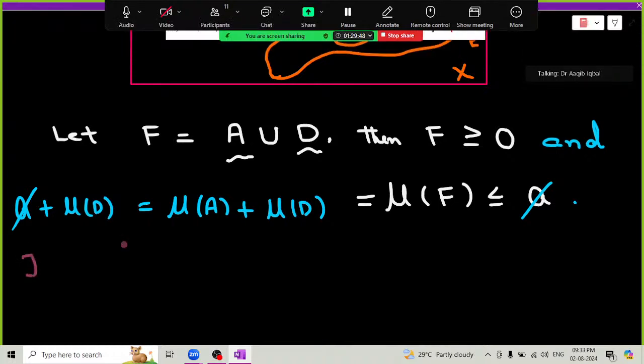And cancellation is permissible because we have established that this A basically मैं यहाँ A को subtract कर रहा हूँ and subtraction is permissible because A is a finite real number. It's a non-negative real number. Now क्या मिलेगा आप यहाँ से cancellation करके this gives A cancel so आपको मिलेगा mu of D is less or equal to 0, which is a contradiction,